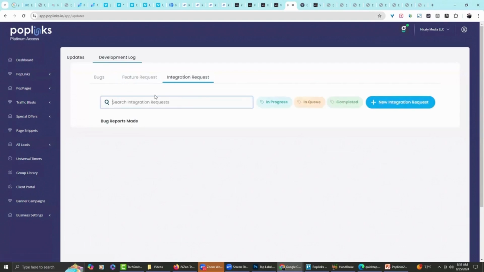And any integration requests you have, like email.com, go ahead and put them there. And then what happens is we will update it with the status. Next time you log in, it'll say, okay, it's in queue, or it's completed, or whatever the case is. And that way, the developers are on top of these issues, okay? That's so much better than going to our support desk. Our support desk is basically there